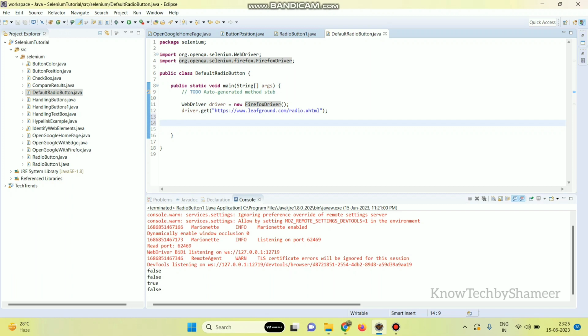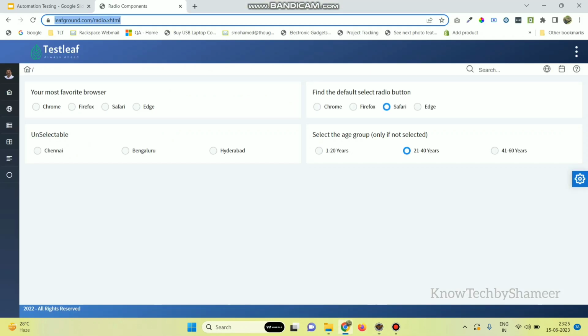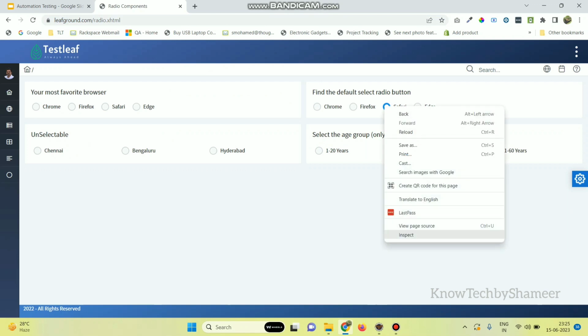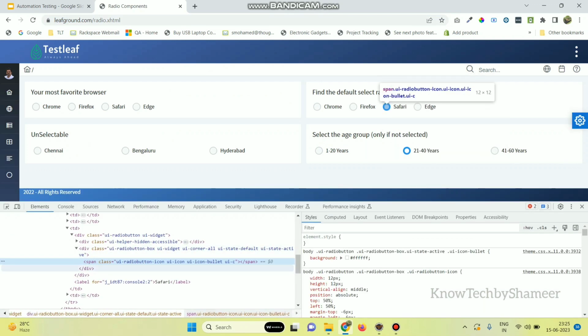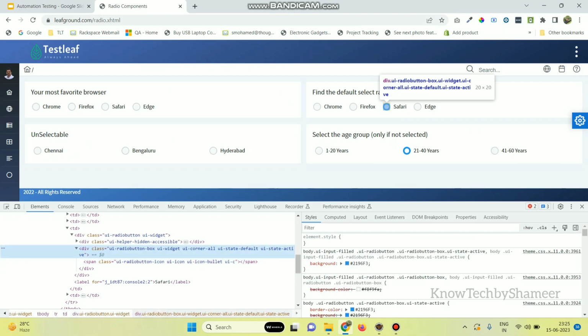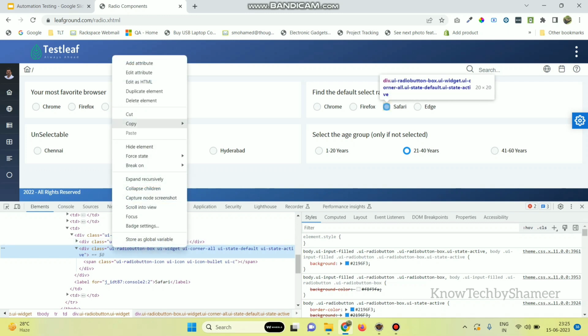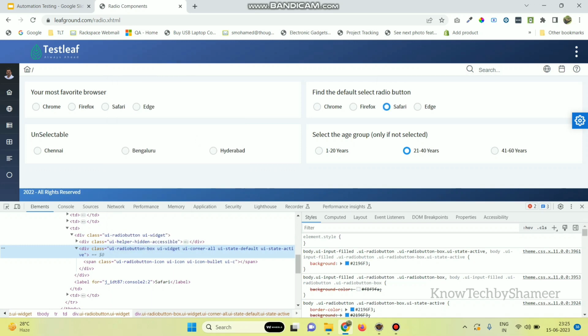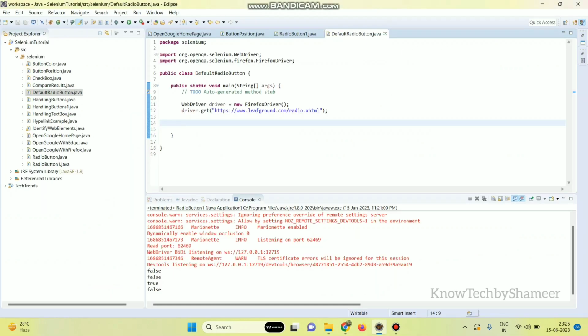Now we need to identify the element. Go to the web page, right click on this radio button next to Safari, go to inspect, and we can first try with the XPath. So mouse over to the correct element and then right click, copy XPath. Go back to your script